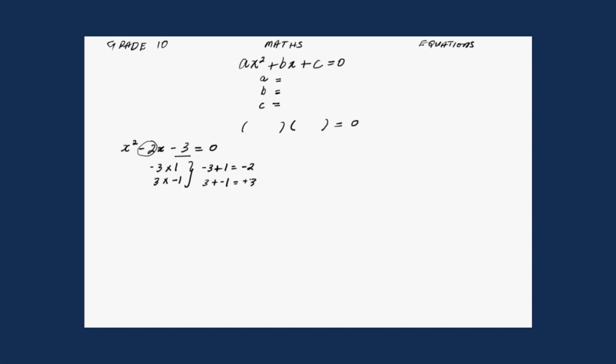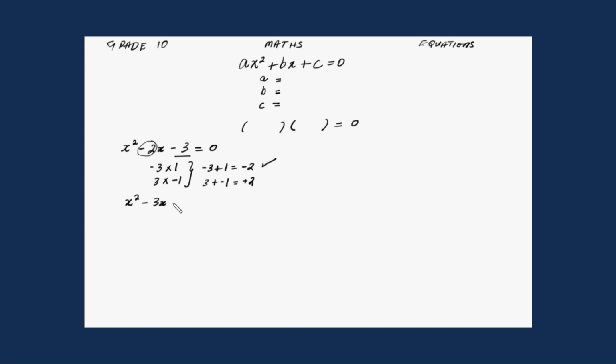Now, if that's what we have, we will select this one, because the sum of the factors of minus 3 in this one gives us the minus 2 here. Now, we are going to have to rewrite our equation as x squared minus 3x